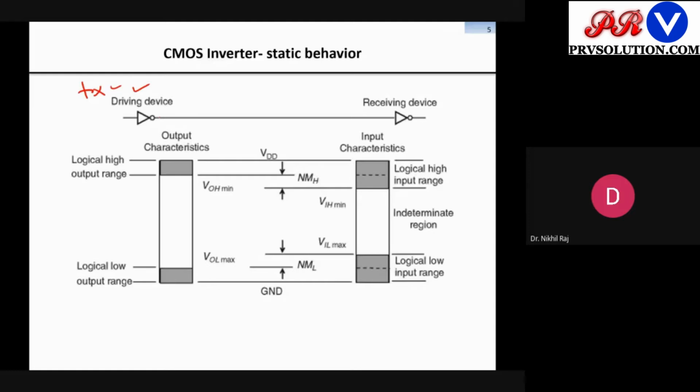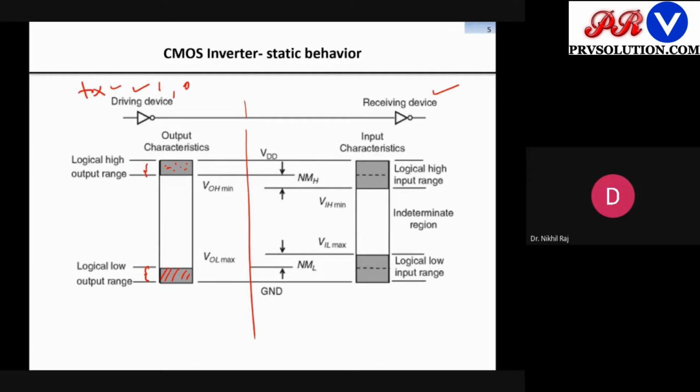So if we see graphically, let's say this is the transmitter. Here I am transmitting some logic 1s and 0s, and this is the receiving end. If I draw a line, this is the logic levels: this is your logic 0 and this is your logic 1. And why is there a range? There is a range because there is some tolerance level of the devices, the passive elements or whatever we are using. There are some small fluctuations in the device itself.